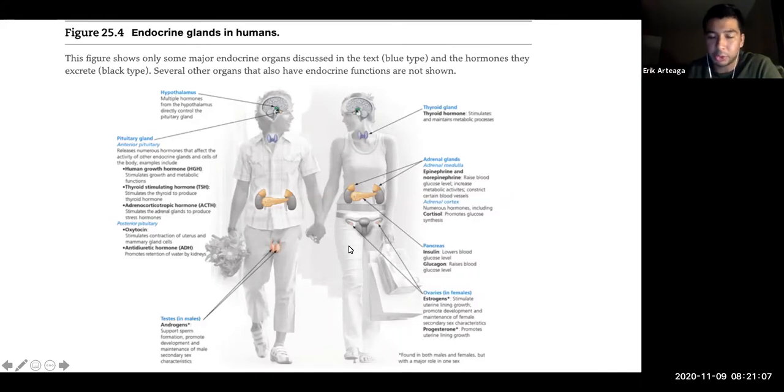We also have the testes, which again are going to be male and female. So you'll have the progesterone and estrogen in females, and you also do have testosterone production in females as well. But in males, again, we associate the male gender with testosterone or androgens. Again, these are going to be those lipid soluble hormones. We have the adrenal glands. Again, those are going to be housed above the kidneys, which we'll talk about a little bit later, and the thyroid gland as well, which is going to be controlling metabolic processes. Again, we'll get into in a little bit. Okay.